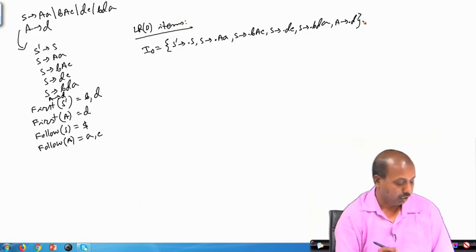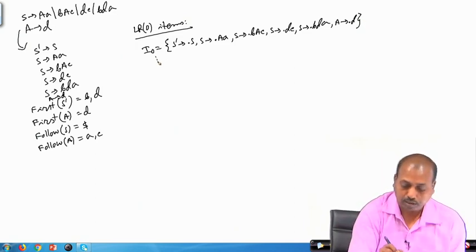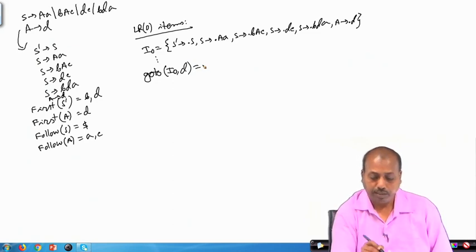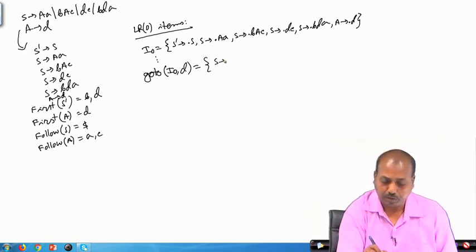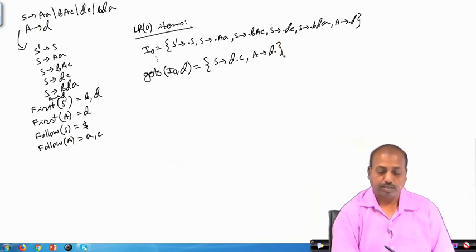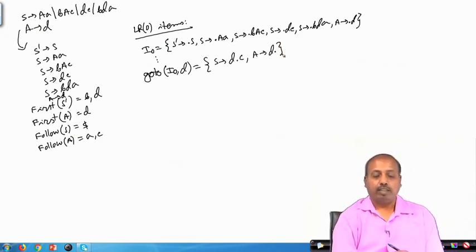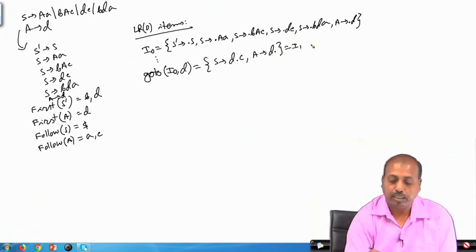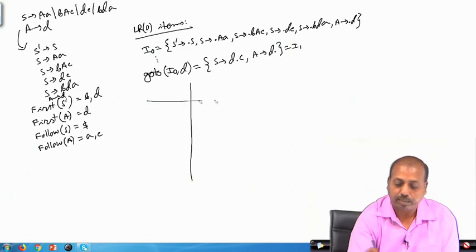Now, I have to construct the go tos. You can construct all of them, but let us see what happens to go to I0 D. Go to I0 D will give me S producing D dot C as one item and A producing D dot as another item. Fine.